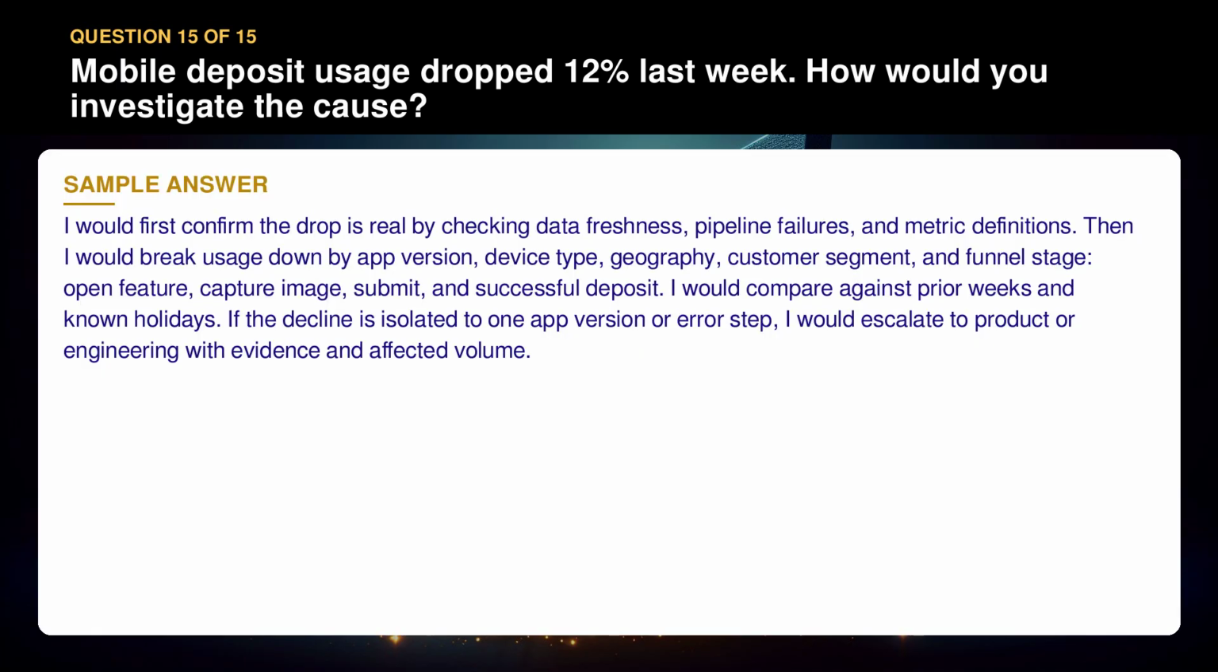I would first confirm the drop is real by checking data freshness, pipeline failures, and metric definitions. Then I would break usage down by app version, device type, geography, customer segment, and funnel stage. Open feature, capture image, submit, and successful deposit. I would compare against prior weeks and known holidays. If the decline is isolated to one app version or error step, I would escalate to product or engineering with